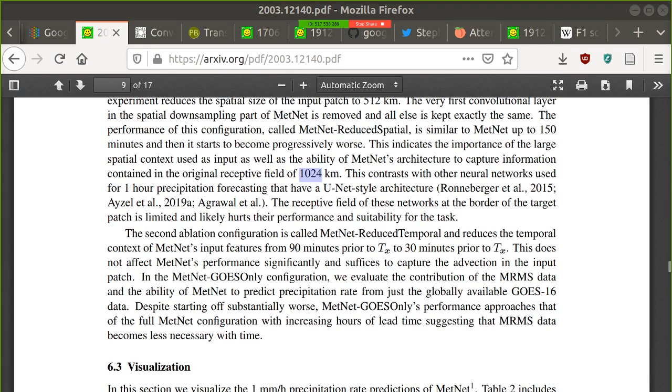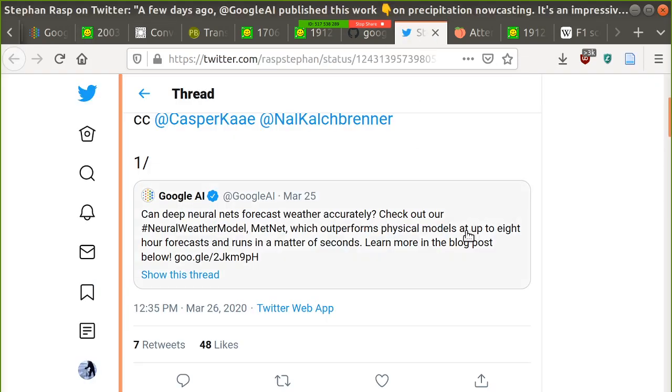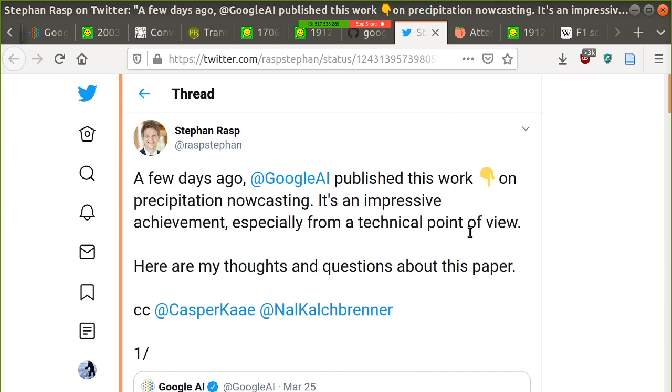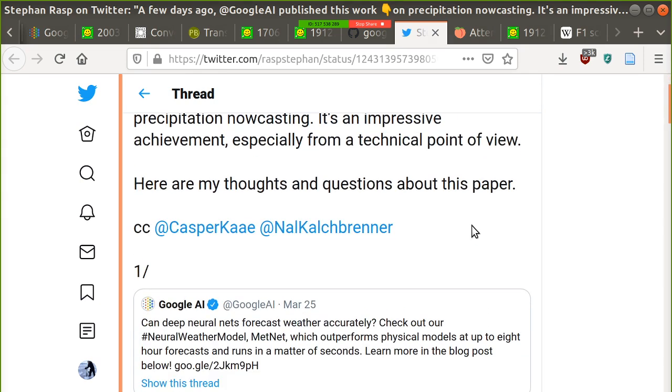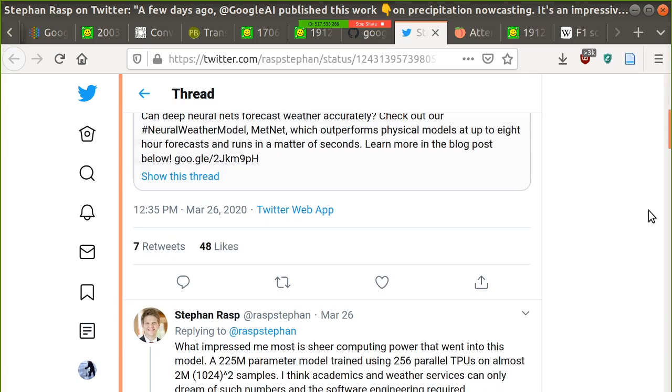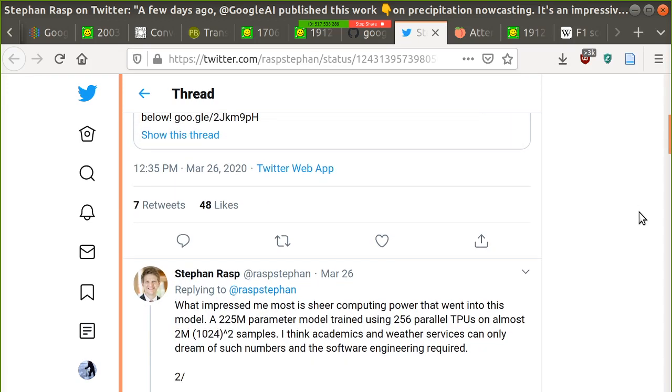So finally, before I turn it over to questions and comments, Stephan Rasp called my attention to this Twitter exchange he had with the authors, just asking some questions, making some comments, and I thought it'd be great to call everyone's attention to it. So the first thing he points out, which I think is really interesting,